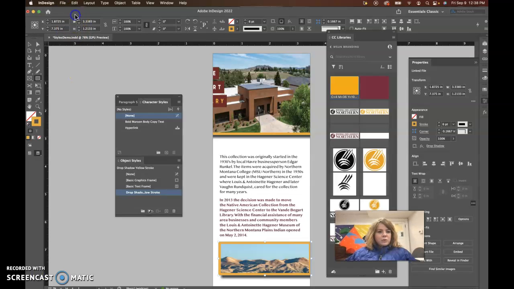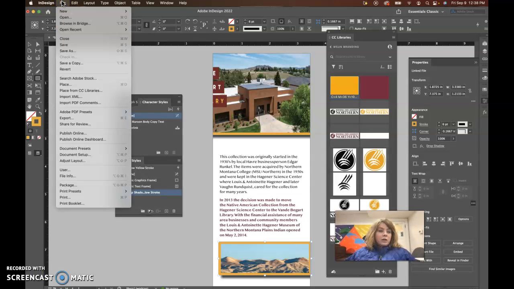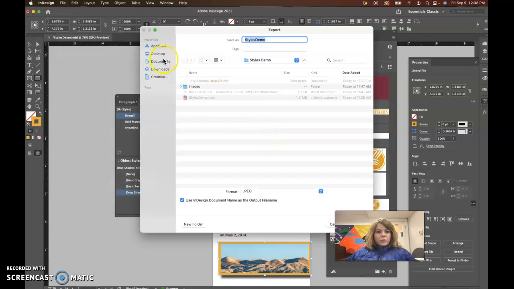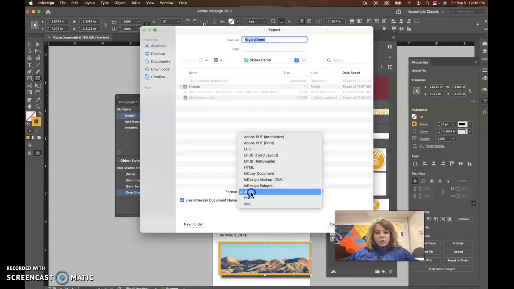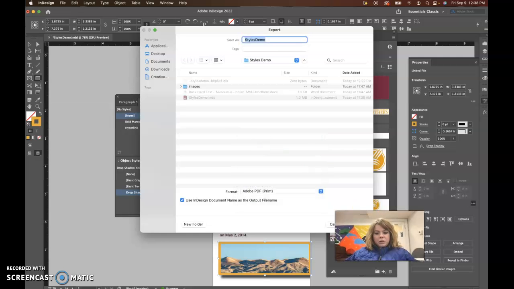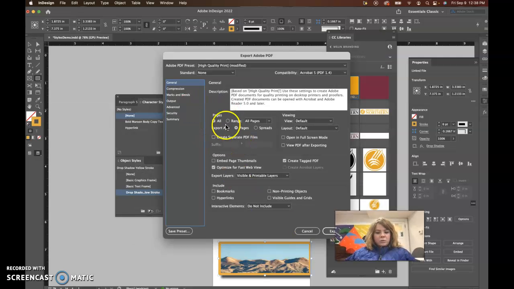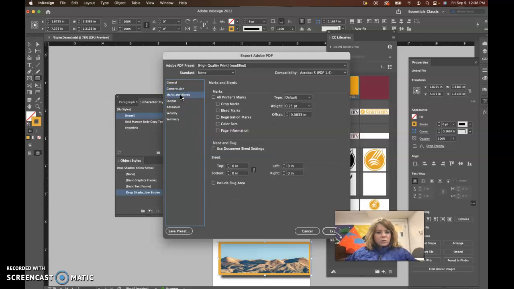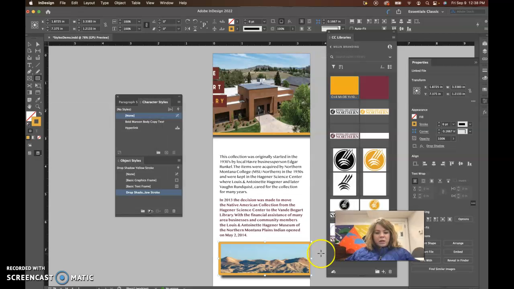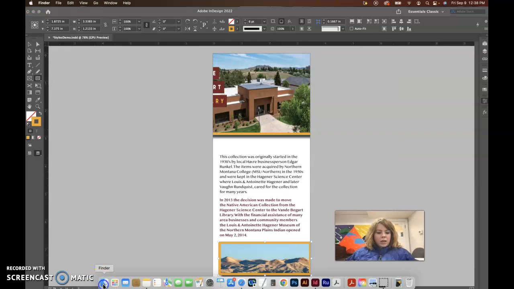So I'm going to show you how to export this out with bleeds in a PDF document. If we do File, Export, let's just put this inside the demos folder as a PDF print. Save that, and then really we want to be on all pages. Most of these settings will be fine. This is the bleeds and marks page, where you can add the crop marks and use document bleed settings. So export that,